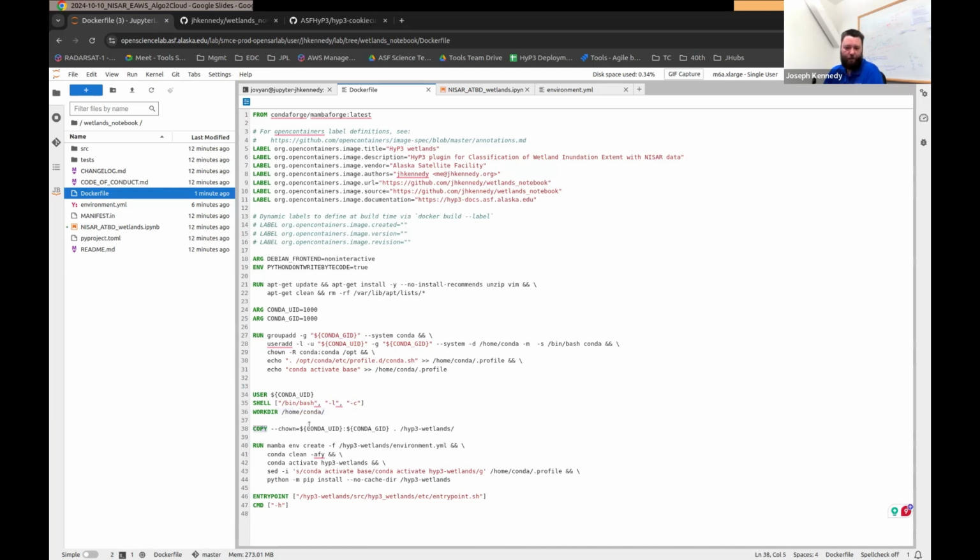So we're going to copy everything from the local directory where we're building the Docker file to this wetlands directory. This actually doesn't make sense here. This is typically the repository name. So I'm just going to rename this wetlands notebook to make it clear. We're just injecting this repository into the Docker container. From that location, we're going to take the environment file